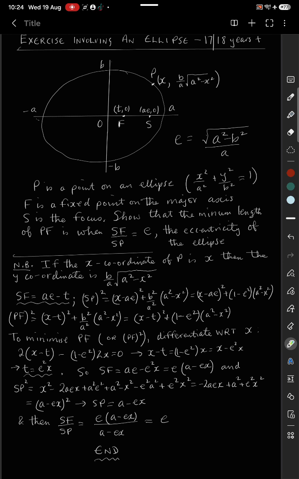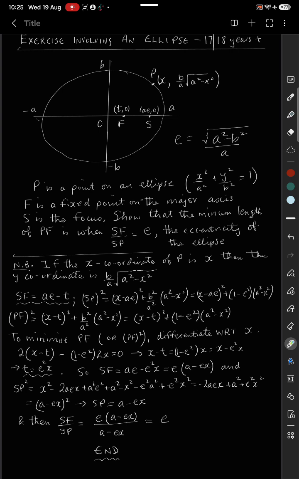Now, to minimize PF, or equivalently PF squared, we just differentiate with respect to x and get 2 times (x minus t) minus (1 minus e squared) times 2x equals 0, which simplifies to x minus t equals (1 minus e squared)x, which is x minus e squared x, and so from that we easily get that t equals e squared x. So SF equals ae minus e squared x, which is e bracket (a minus ex), and